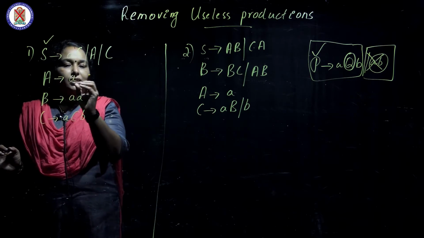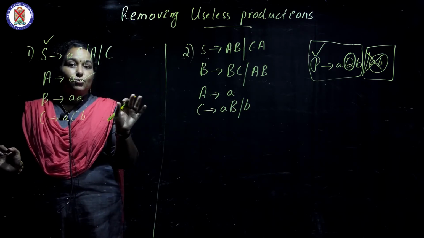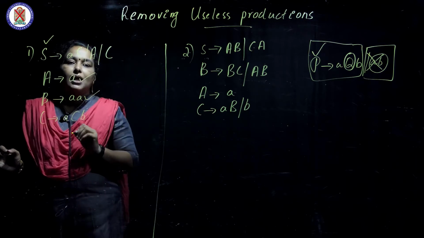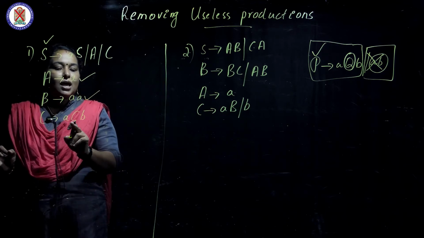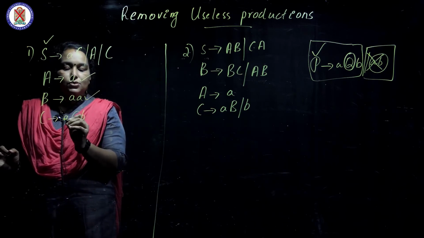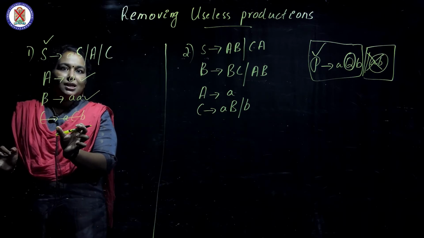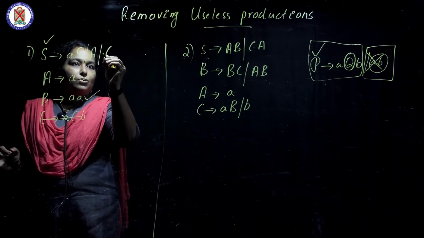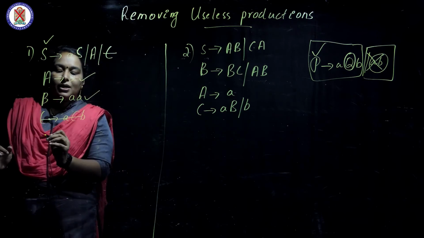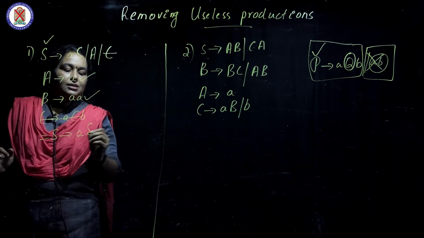Look here, A derives a, so this is a useful production. It must derive at least one terminal. If it is deriving at least one terminal, then it is said to be a useful production. B derives AA, that is also useful. But look here, C derives ACB. C is not deriving a terminal, so this is useless. So when C becomes useless, wherever C is specified, that also becomes useless. So this C production becomes useless. So the grammar after removing useless production becomes